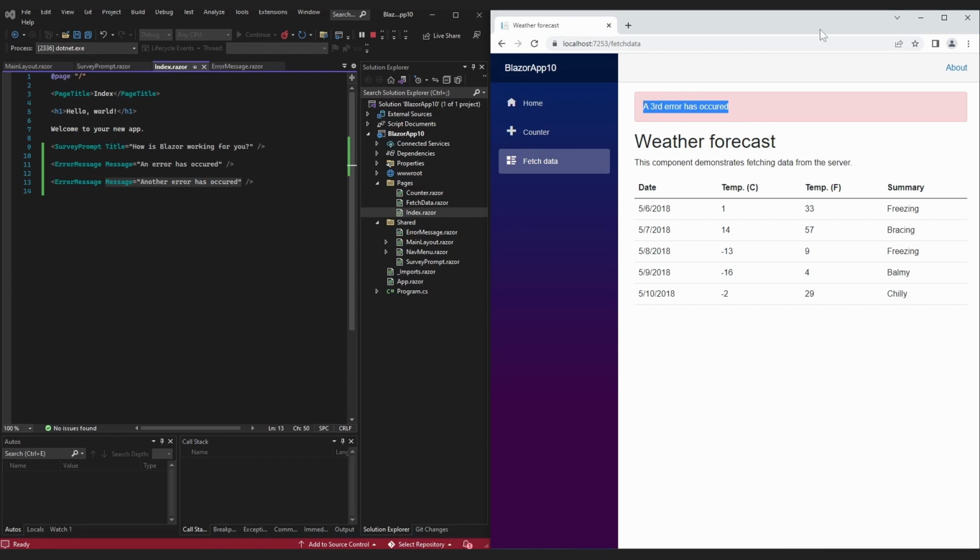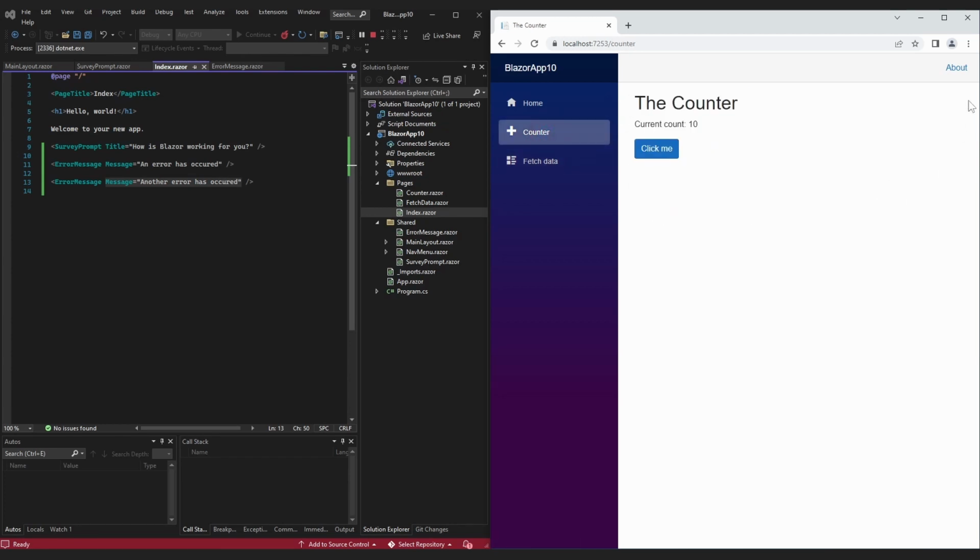The next thing I want to discuss is the main layout file. Now you might have noticed that the pages that we've been looking at only contain the code for the bit of our website with the white background. For example, here and here. But we've also got these parts of our website that are common to every page. That is the navigation menu, which we can see here, and also the grey bar at the top of the page with the about link in.